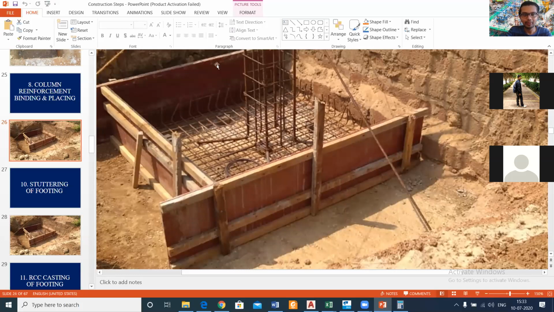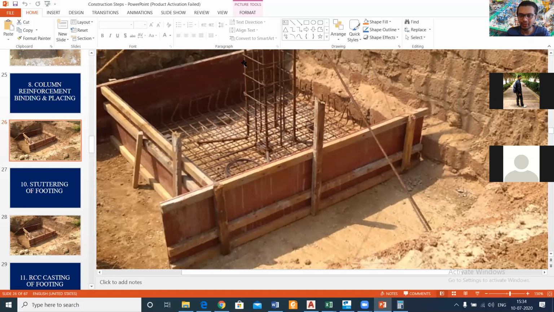This is plywood shuttering material. The best material used for shuttering is steel. If you use steel, it is the best one. But in some cases, when you have a low budget, we can use plywood.